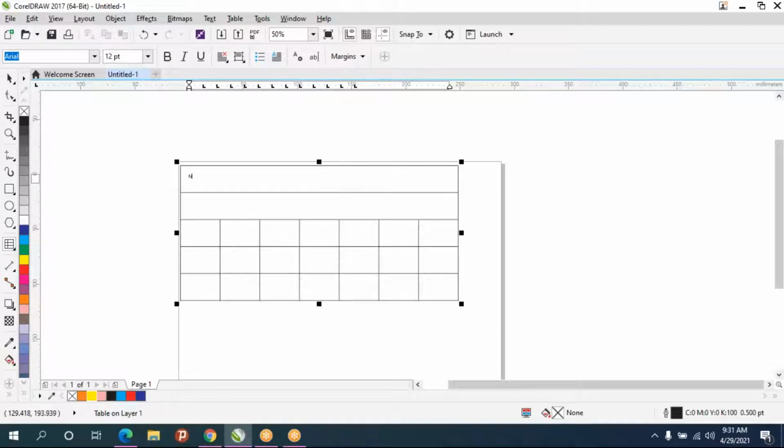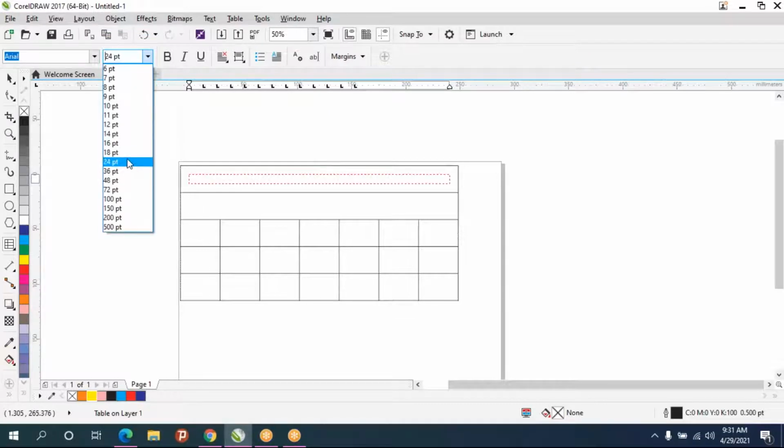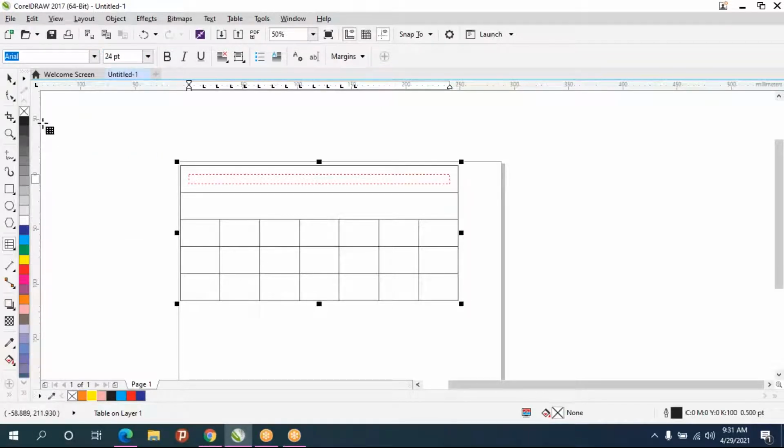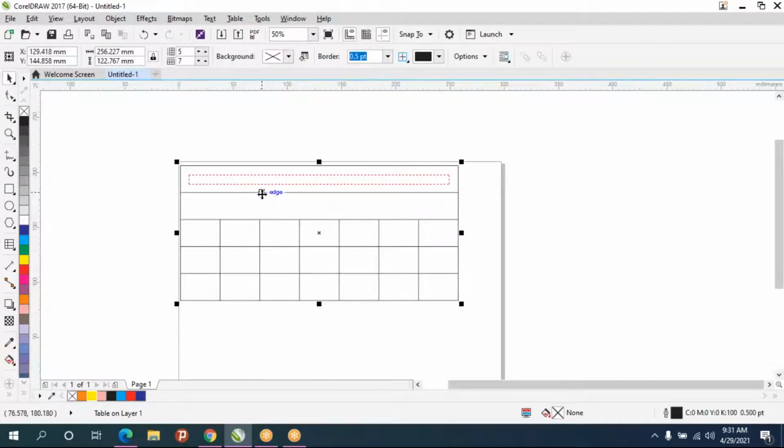So you can type text in this, and select the text, increase the font size, and take the pick tool.